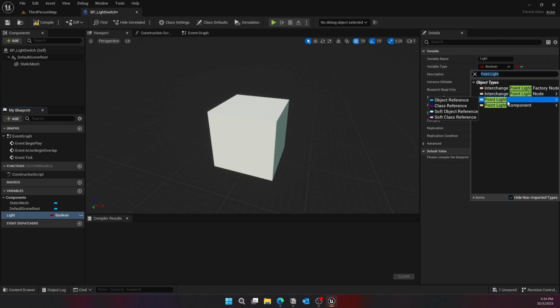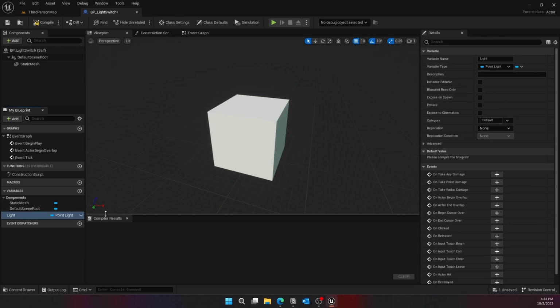Once you have the point light, go ahead and also make the variable instance editable, so that we can access the variable from the editor level. That's what we are doing with the instance editable attribute. It basically makes the variable accessible in the level editor, so when we go in there,